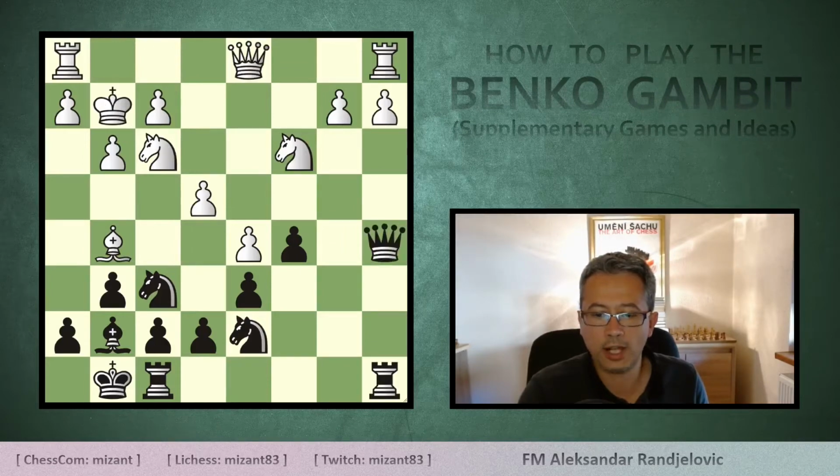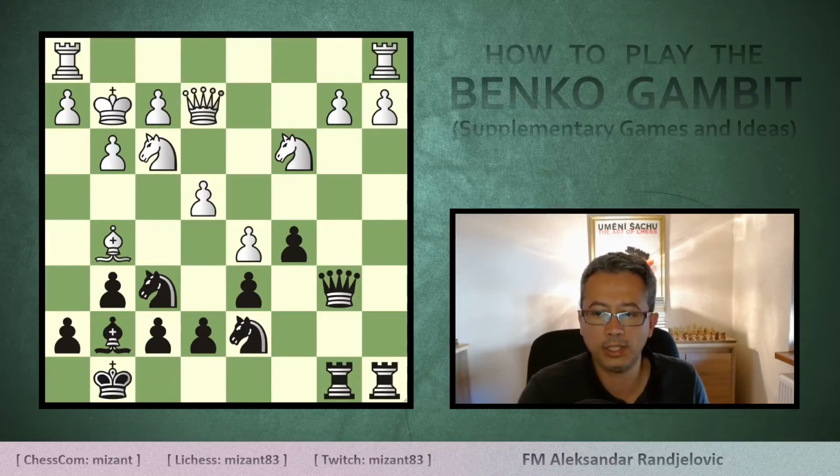There's also queen a5, rook fb8, only 2 moves spent. But in this game I preferred queen b6 because I'm hitting the b2 pawn. And we had b3 here. I was expecting this move, queen e2, defending the pawn on b2, so that after rook fb8, they play, let's